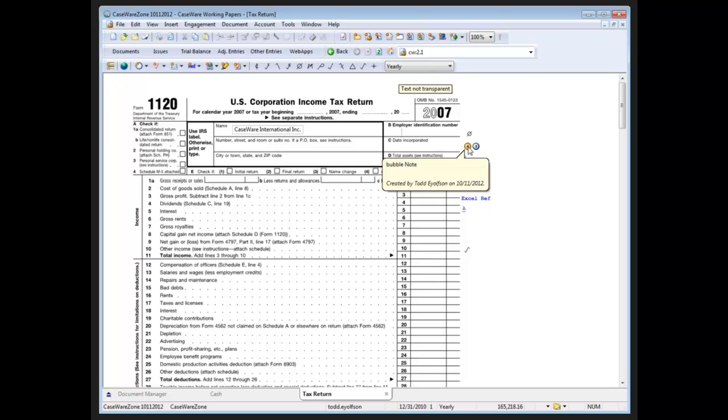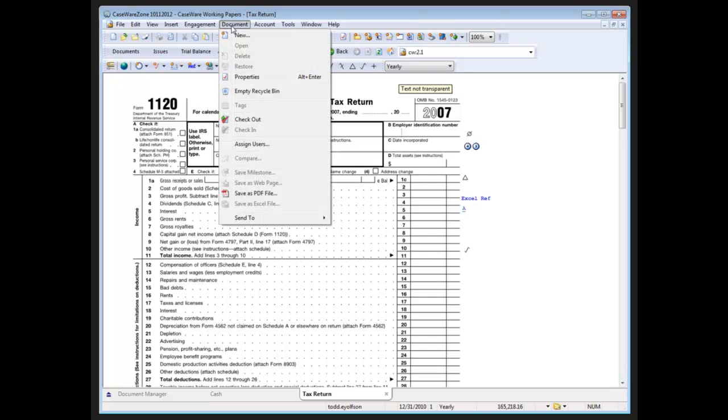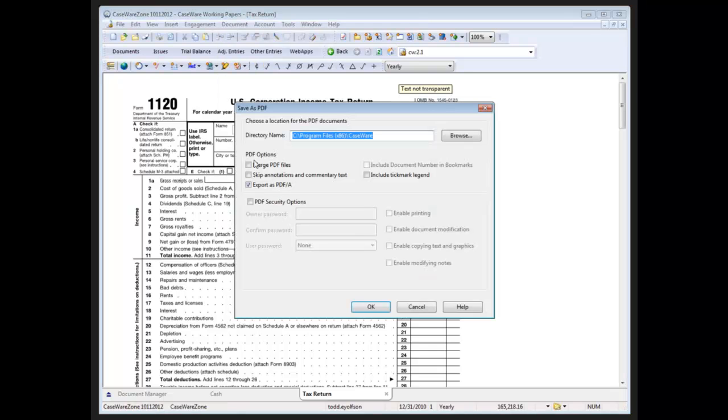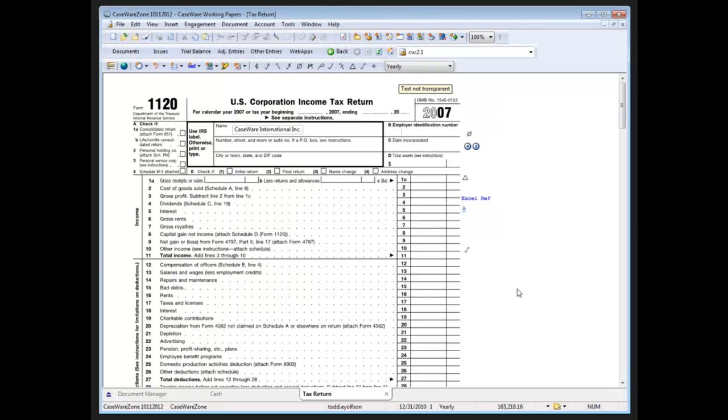To maintain the annotations in a document, what we can do is print this to PDF and put it back onto the document manager. That would then include whatever information we wanted, as well as the tick marks and so forth. I'm going to cancel that. So these are some of the functionality features that many of our users aren't aware of with the image documents,